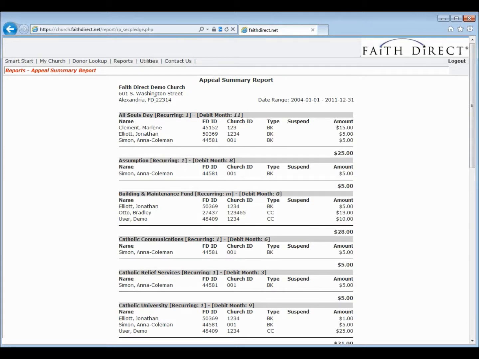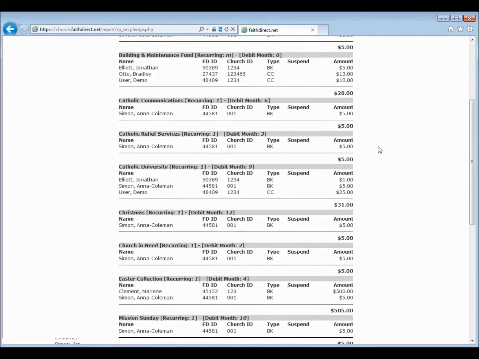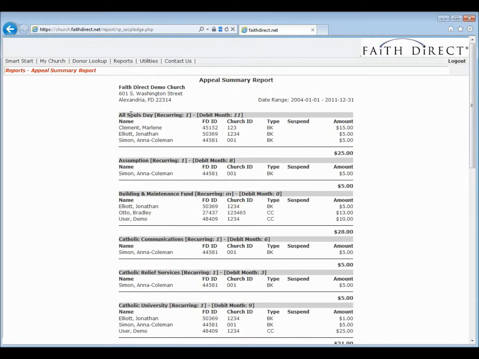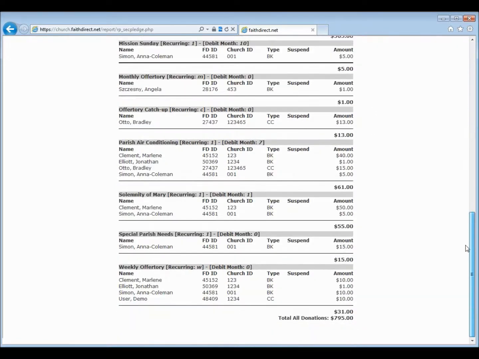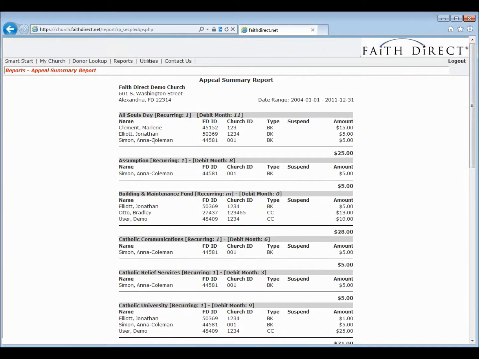report that we've run. We've got some church's information, and we have the date range. So this we ran from the beginning of the Faith Direct program through the end of the year date range. So you can see here on screen that we do have all the appeals that are, again, sorted alphabetically. So All Souls is here at the top, and then Weekly Offertory is going to be all the way down at the bottom. You can see that for each of these appeals, we have listed the names of the